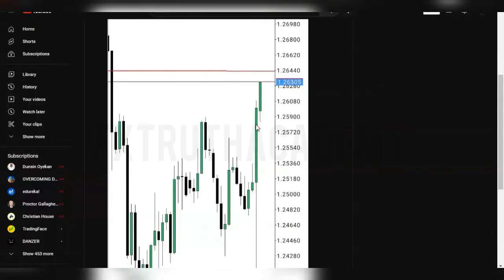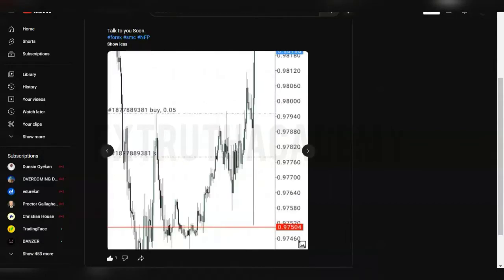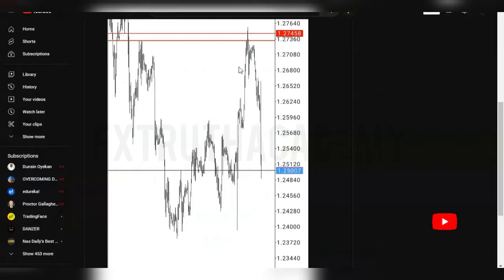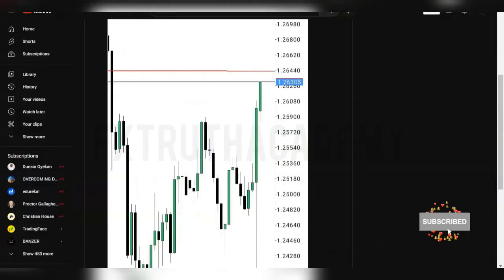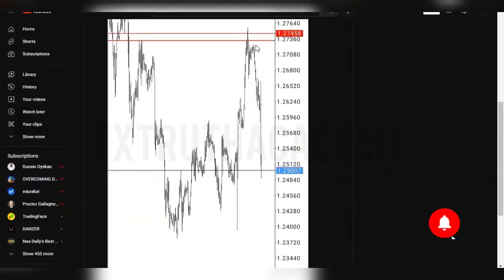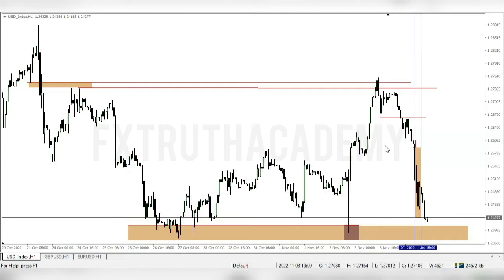So this is my mobile phone, a screenshot from my mobile phone. I was anticipating price to turn around that particular area right there. And this is the before and this is the after. Okay, sorry, this is actually the after right here. So this is the before and this is the after. So price actually drove into that area, and you can see how price turned right here, and that is what I'm going to be giving a breakdown.